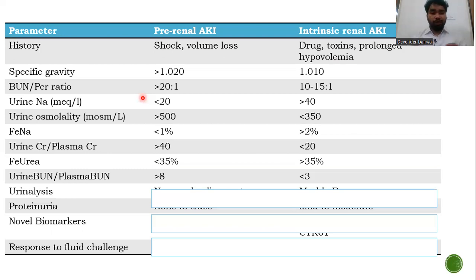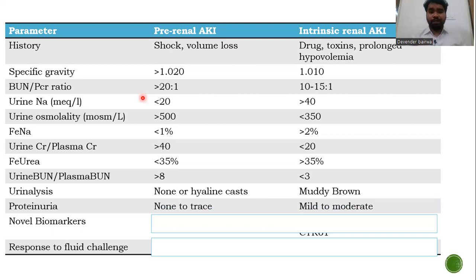Coming to your ratio of urine to plasma blood urea nitrogen, it is more than 8 in your prerenal AKI and less than 3 in case of your intrinsic renal AKI. If you see the urine picture, in case of your prerenal AKI, there will be nothing, or you can find hyaline casts. Hyaline casts are formed by your Tamm-Horsfall proteins, and because in case of your prerenal AKI, less urine is being formed, a dehydrated kind of picture is there in the urine analysis,